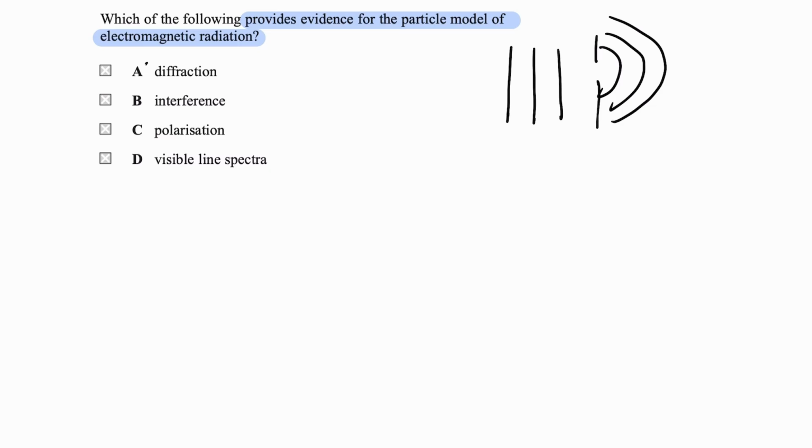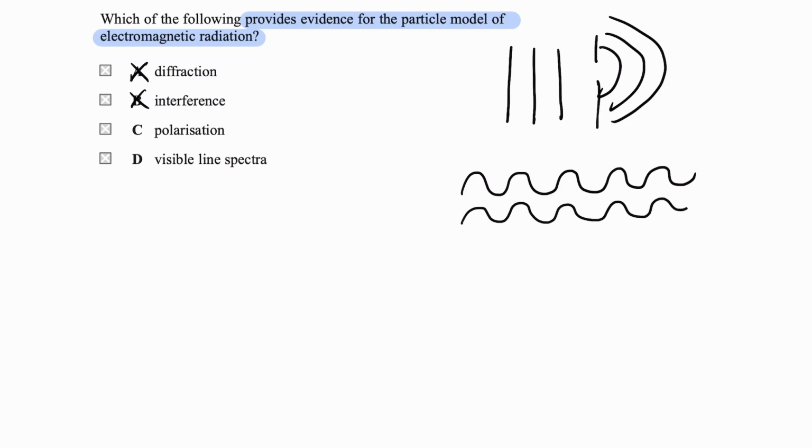Interference is also a wave property. If two waves meet at a point, so here's one wave, here's another wave, the resultant displacement will be the sum of the individual displacements of those two waves, which is the principle of superposition. So these two waves meet at a point, and they have a resultant displacement of what we see over here. That is also a wave phenomenon. If you have two particles meeting at a point, like two marbles trying to meet at a point, they will just bounce off each other. They wouldn't interfere, at least not in this sense of the word.